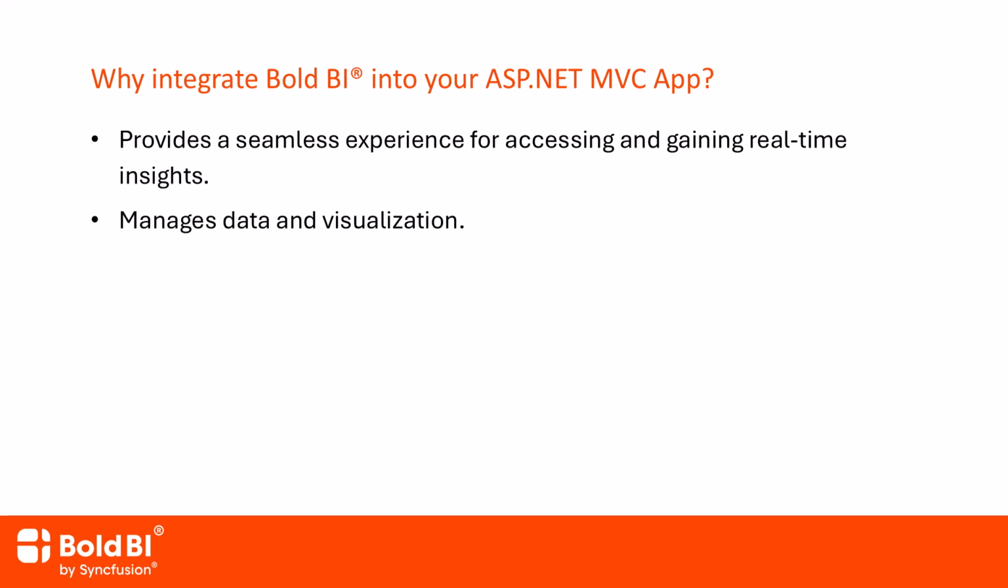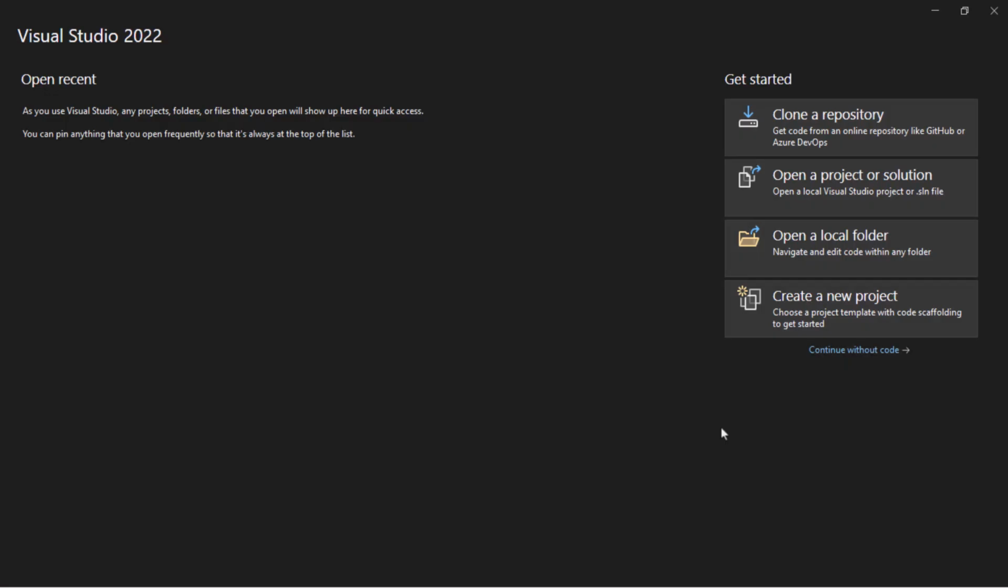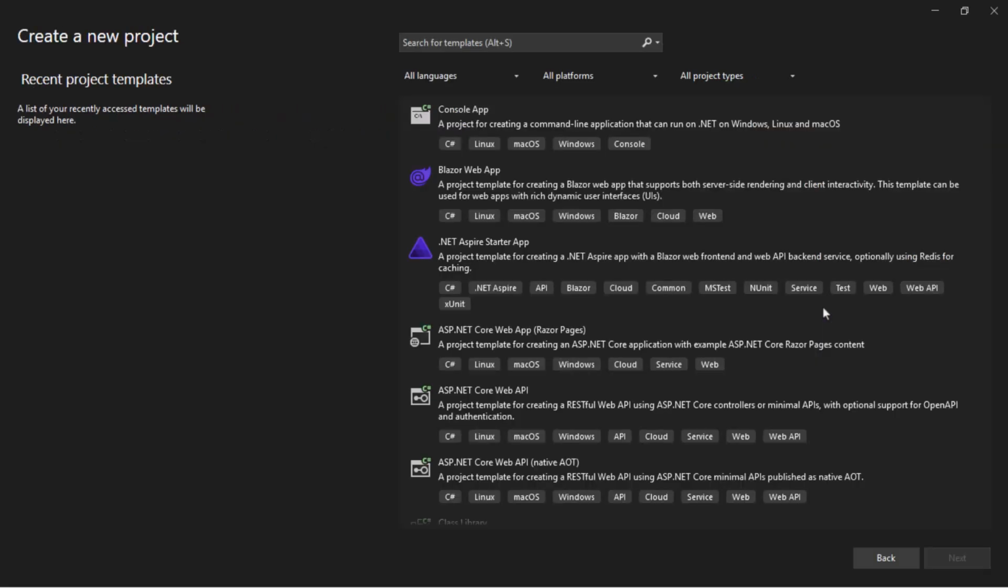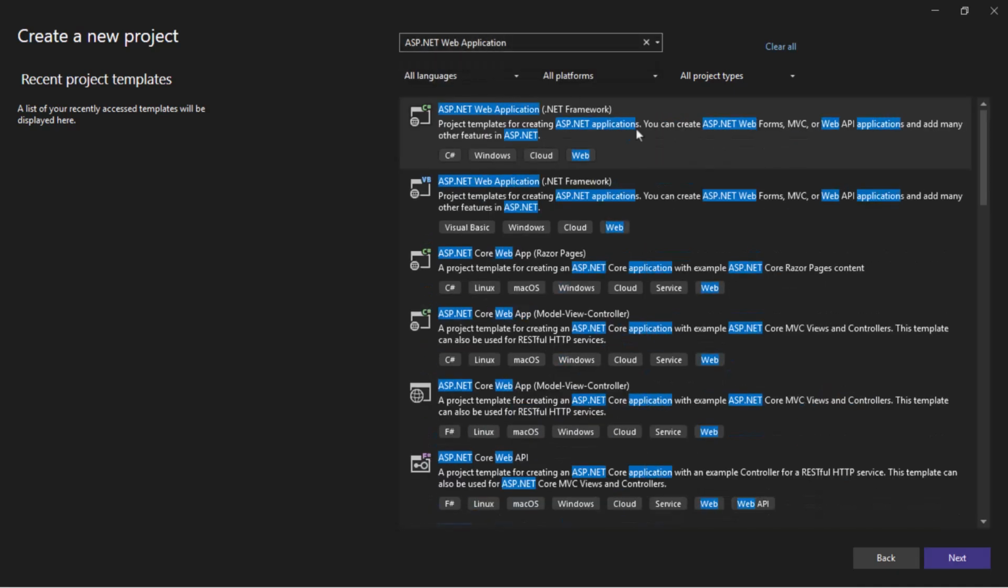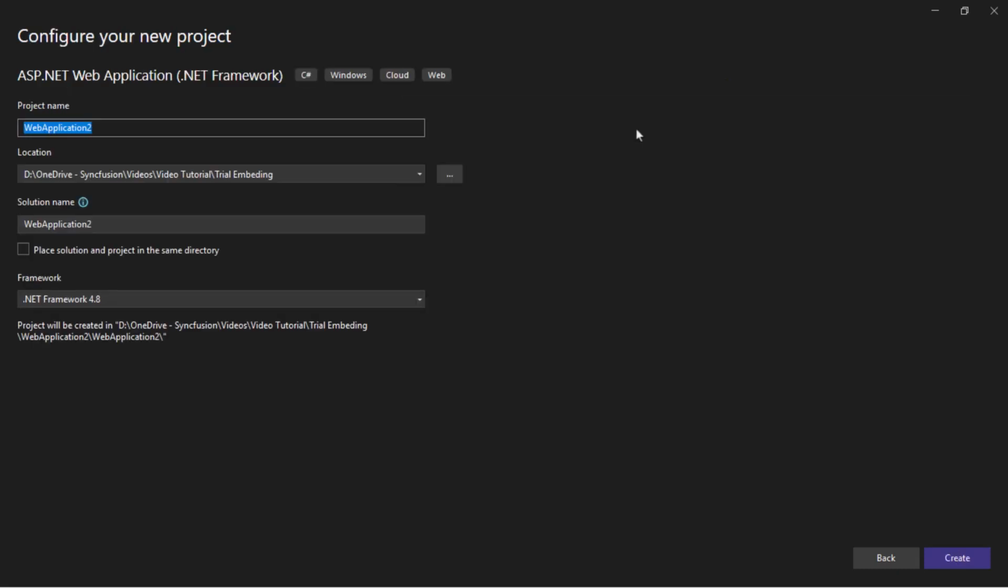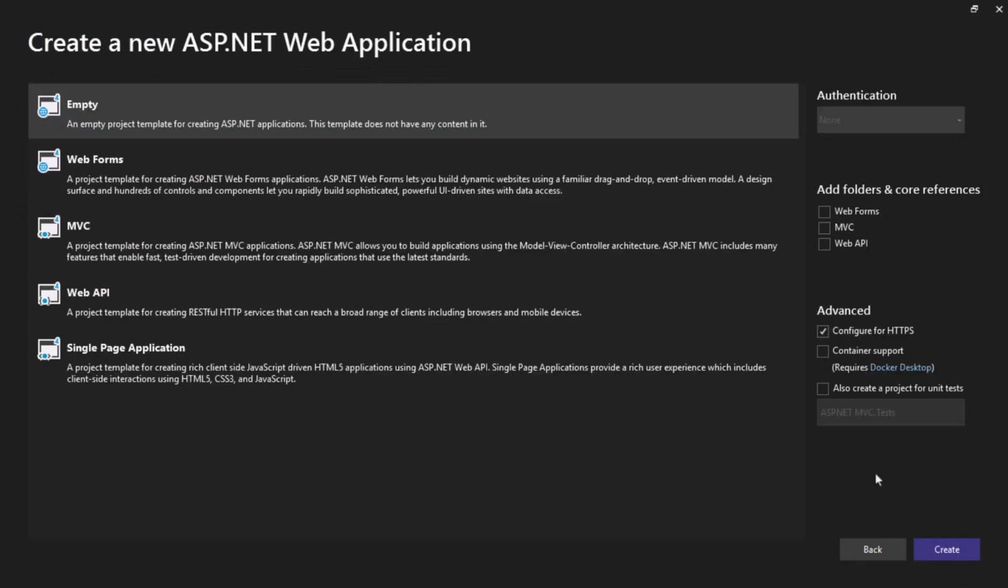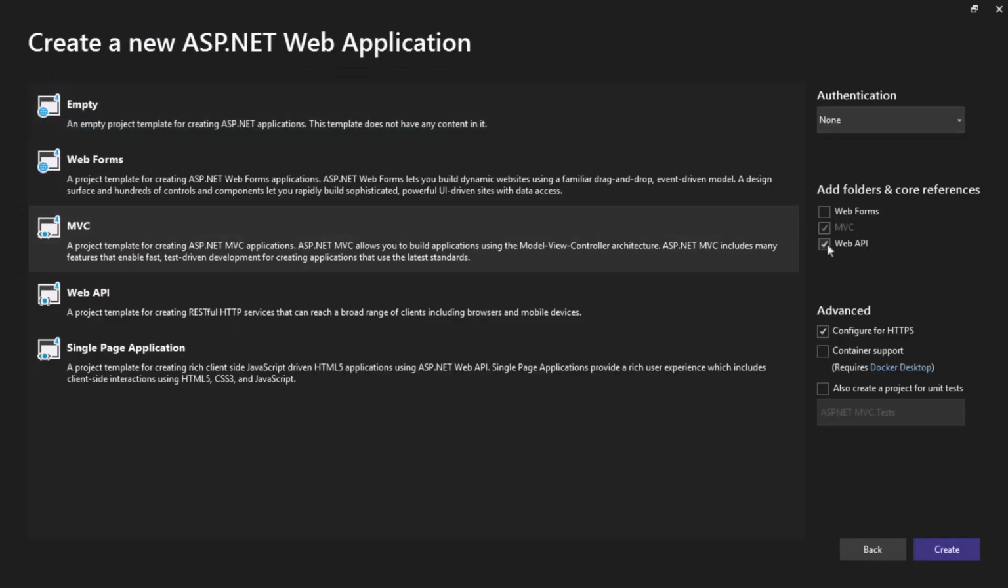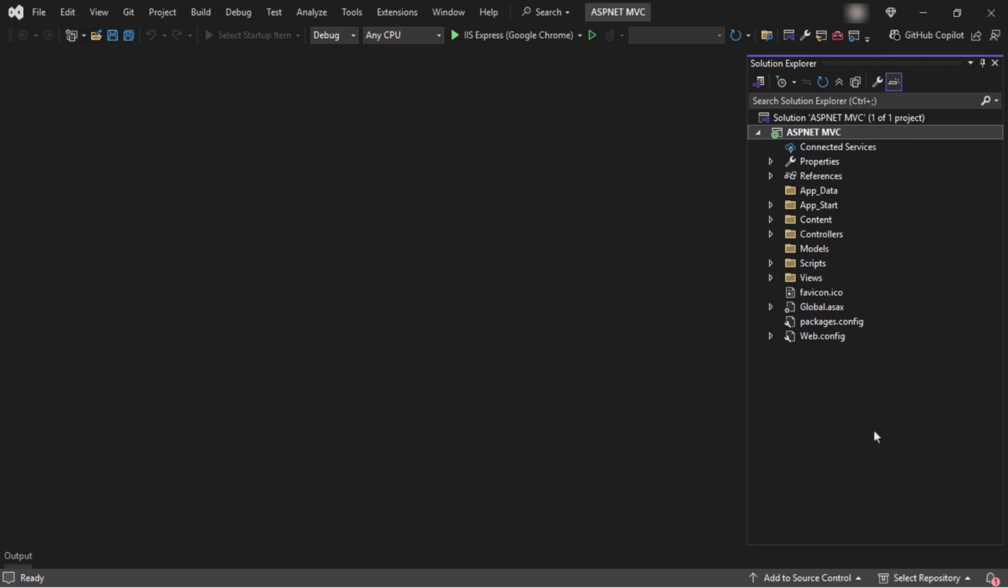Let's get started. I have already installed Visual Studio and .NET Framework on my machine. I open Visual Studio and select Create New Project. In the search bar, search for and select ASP.NET Web Application .NET Framework. And click Next. I change the project name and location. And click Create. Next, I select MVC and Web API. And then Create. This generates a basic project with all the necessary files and dependencies to start building a web